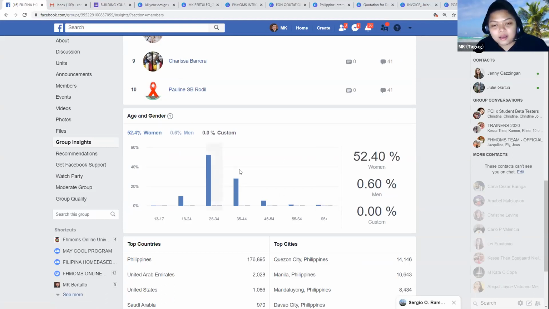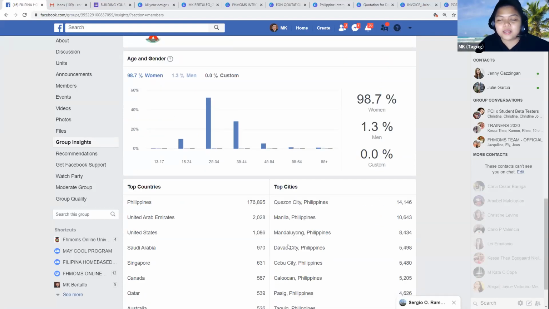But anyway, for the age and the gender, it's a basic demographic kasi na maganda ipakita to your brand clients. No? And sa inyo din, as an admin and moderator, it's important to know how many are women, how many are men in the group. Let's say, for example, if it's a mix of men and women, majority are women. So kung halimbawa maraming women, maybe you can hire a social media manager or a moderator na babae na mas makaka-relate sa majority ng audience, no? And other decision making na nagmamatter yung age and gender, right?